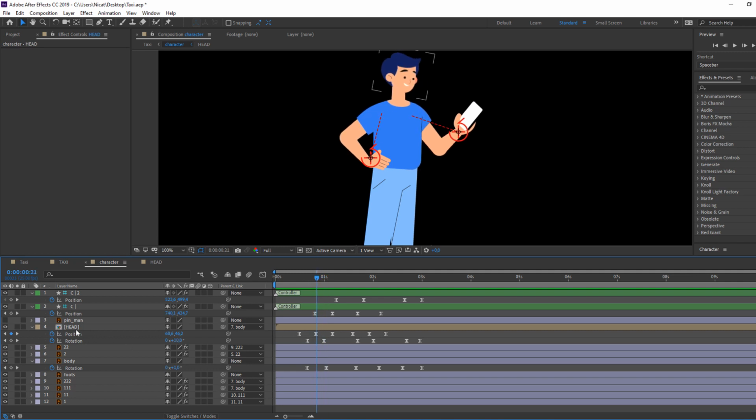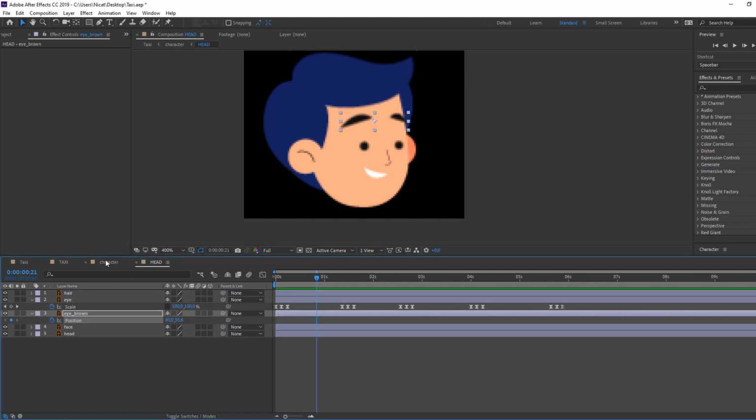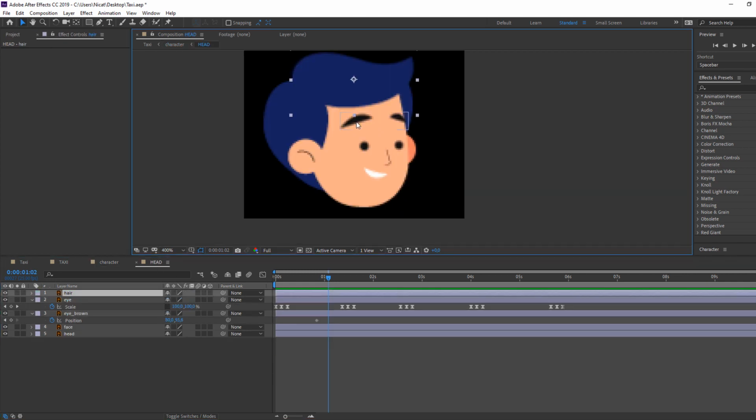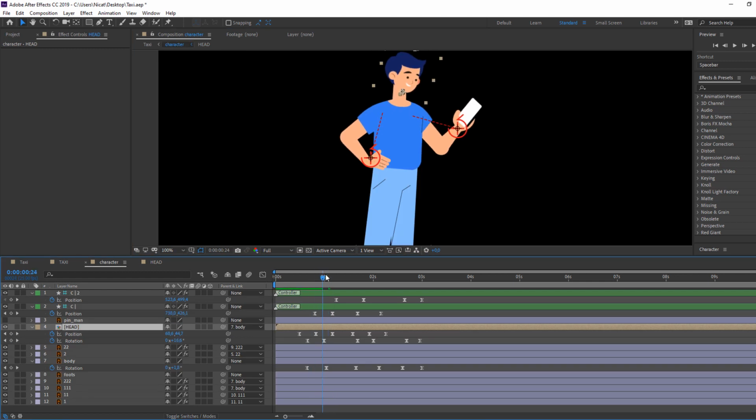This time open here and select this airborne, press P, make keyframe, back to character, and let's see the last keyframe. Okay, this time back to here and move down. Let's see. Okay,